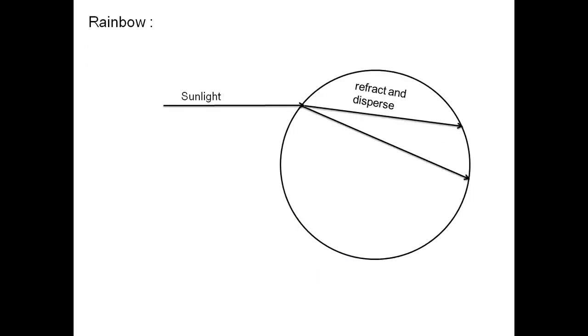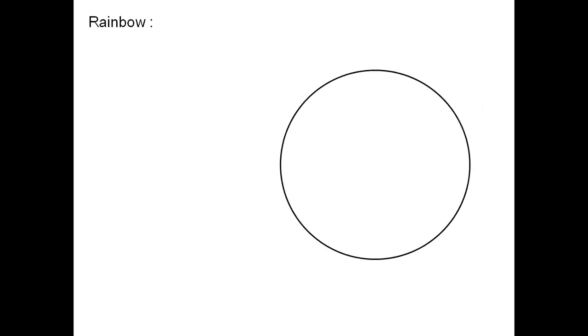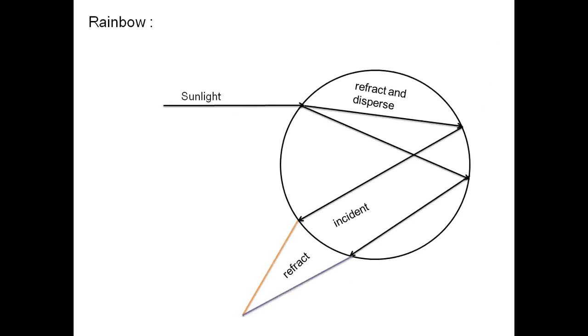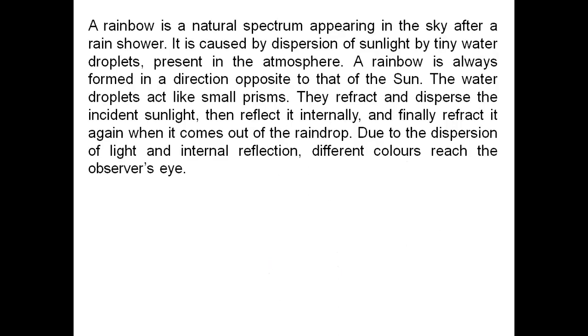Now we show it with one image. The water drop looks like a prism. One sunlight ray passes into the water drop. At that time we find it is refracted and dispersed, and internally reflected again, and after coming out of the water into the atmosphere we see 7 colors. It is known as a rainbow. So it is also a very simple question. In the exam you can retain one diagram very easily, and the diagram will stay in your memory.